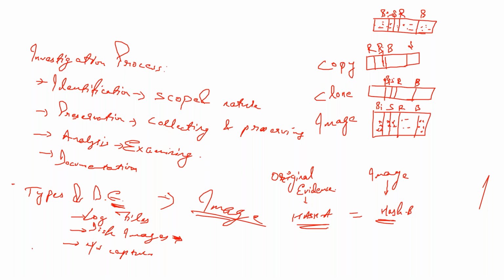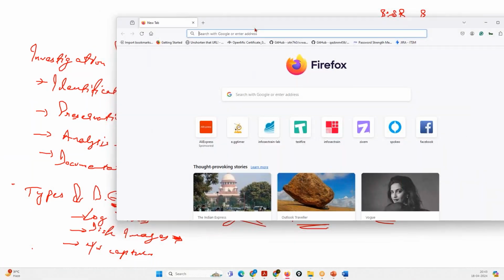As I mentioned, if the input is the same, the output will be the same. If there is a slight change in the input, the output will change drastically. So for example, if I show you,